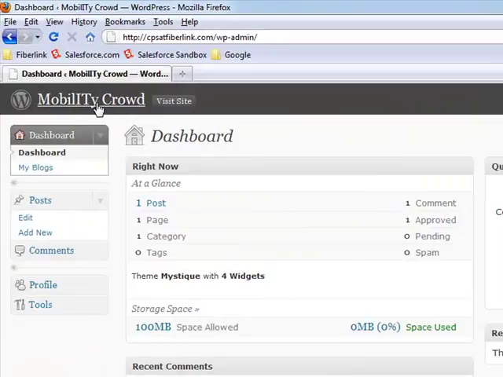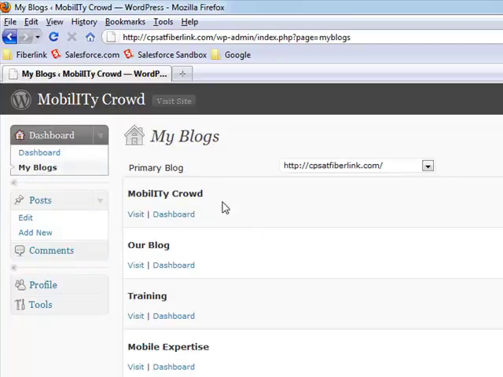So what you'll see at the top is it tells you the blog that you're on and the ability to visit the site. And then you'll have these links on the side for my blogs, posts, edit, add new, profile, tools, comments. What you want to click on is my blogs, and this will give you a list of the blogs, the same as the tabs that were at the top of the main page. So for today, we'll click on dashboard underneath training,